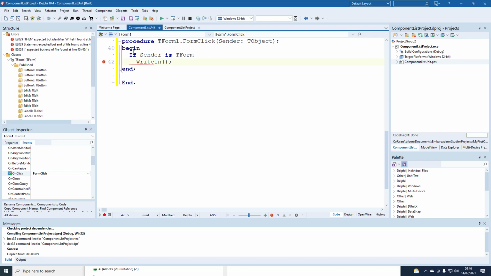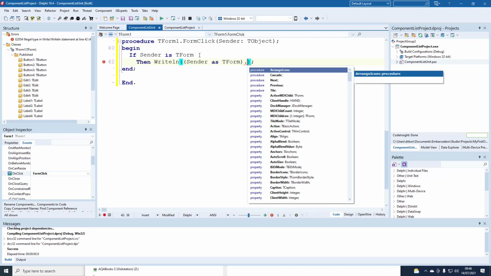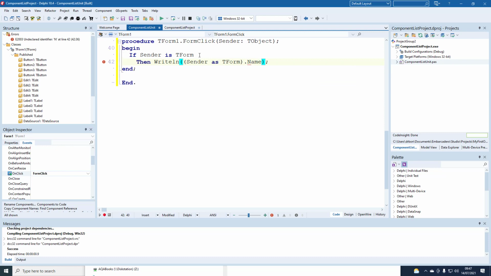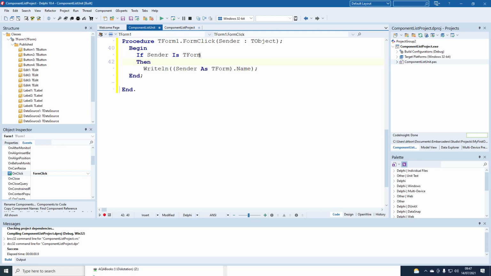Is this an operator that will check a match between sender and a class? And then we're going to cast sender as TForm if it is of type TForm, so that we can access the name field of the form,